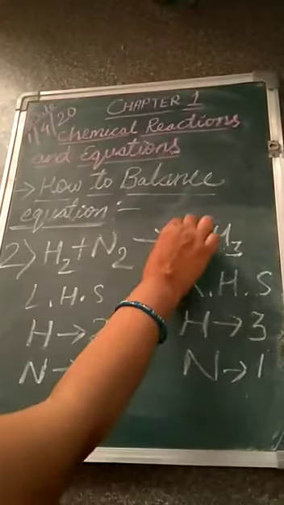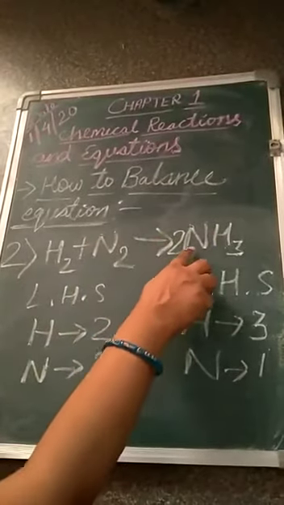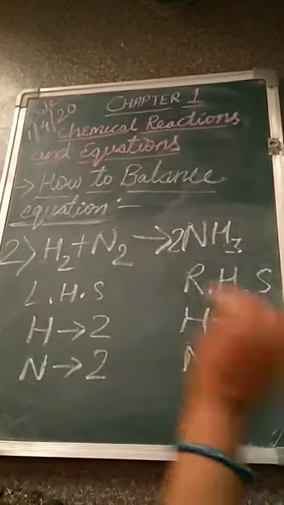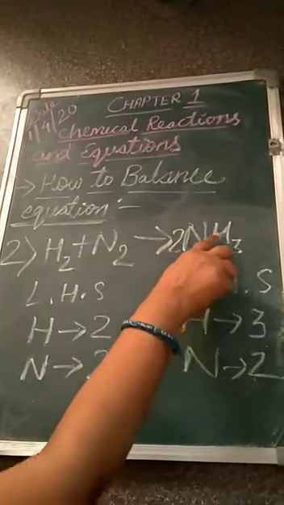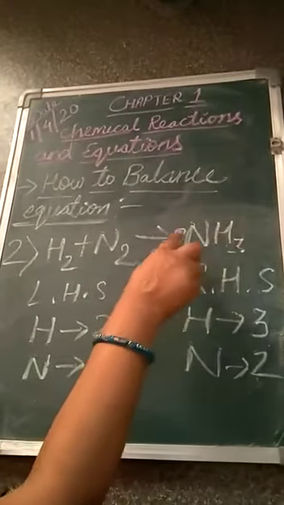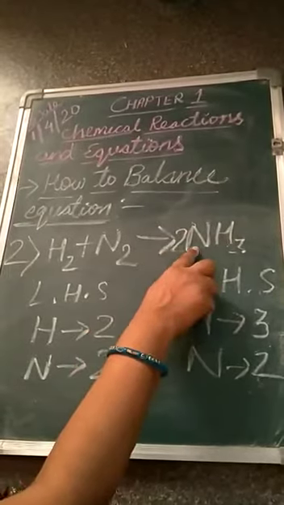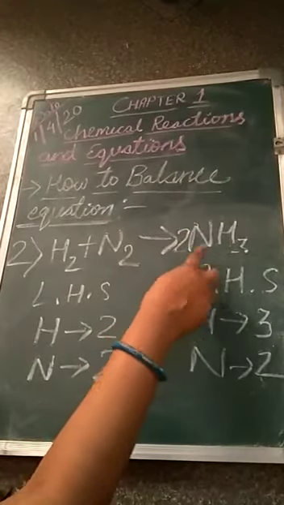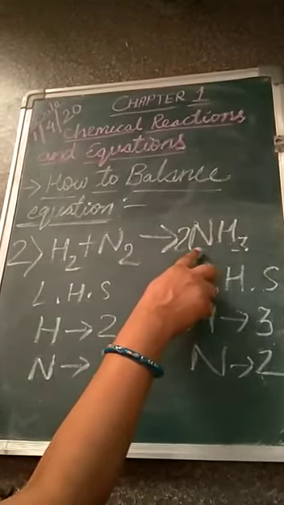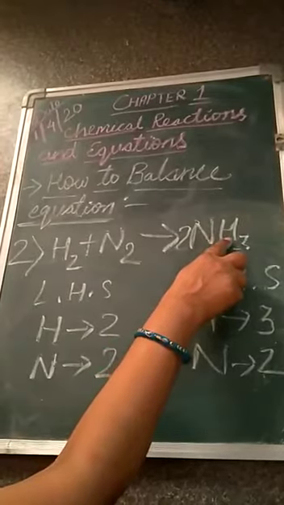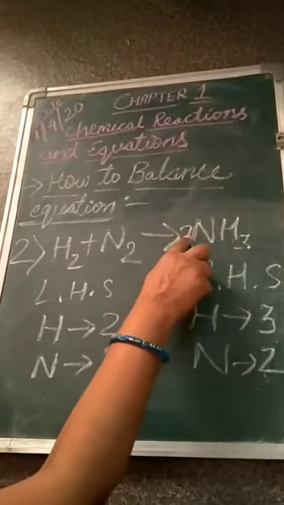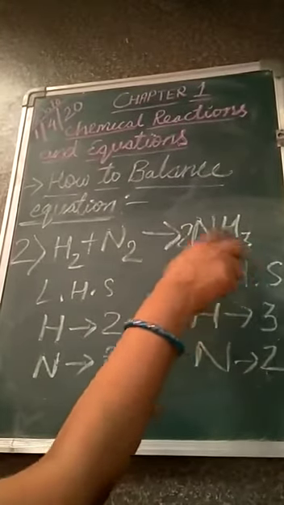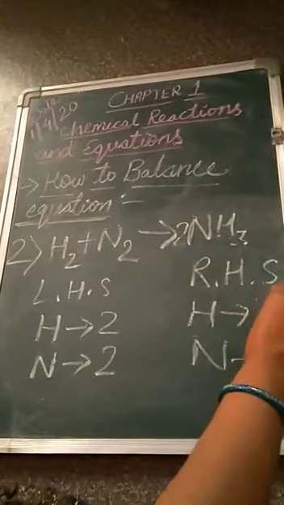If I put 2 here, now you can see that nitrogen is 2, but hydrogen is also changed. Nitrogen is 2. Hydrogen, how is it changed? You know that this is 3. Hydrogen 3 into 2 means that whatever number you are putting in front of the compound, it applies to whatever elements are there. Here 2 elements are there, nitrogen and hydrogen. It means this 2 is for nitrogen also and this 2 is for hydrogen also. But here you see that hydrogen is 3, means 3 into 2, that is 6.